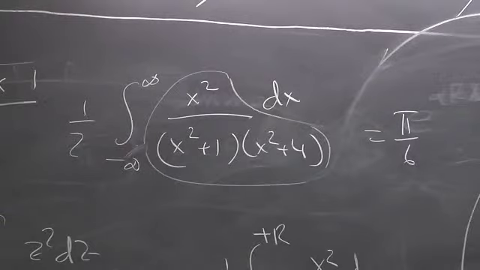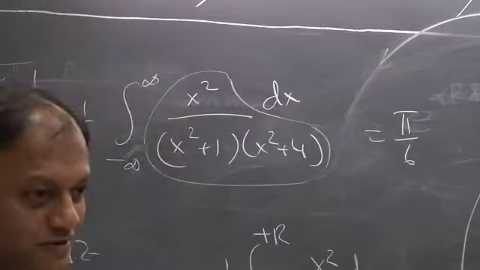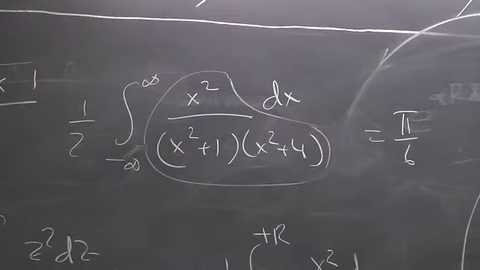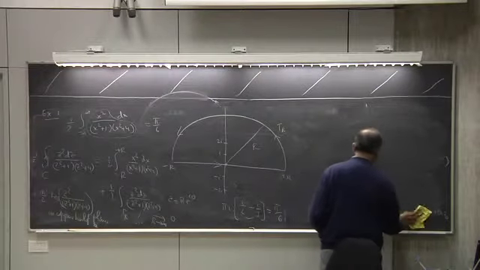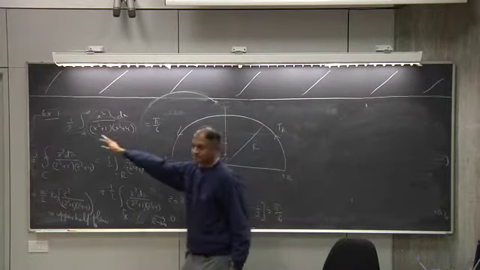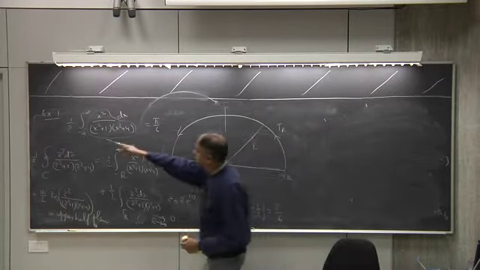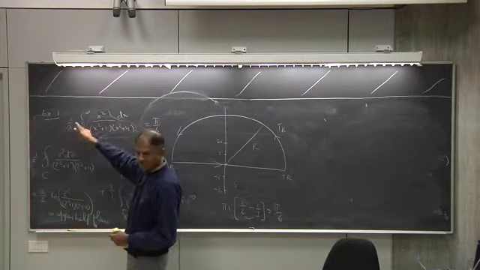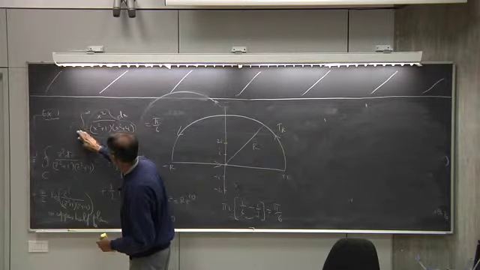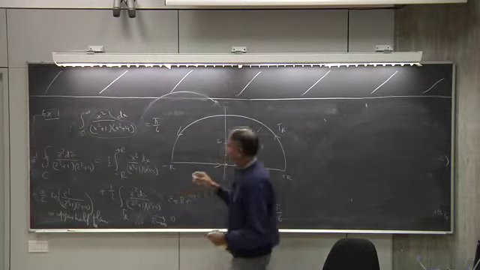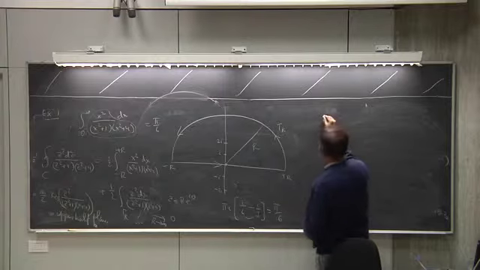In fact, maybe it's instructive to see whether the direct calculation also gives you the same answer or not, just to double check it. If I want to compute directly, one way is just to do a partial fraction here. Remember the original integral was from 0 to infinity. So we want to write it as a divided by x squared plus 1